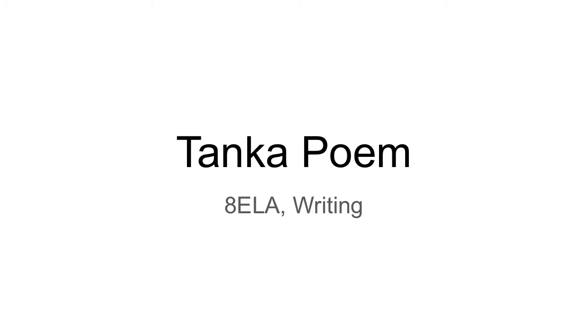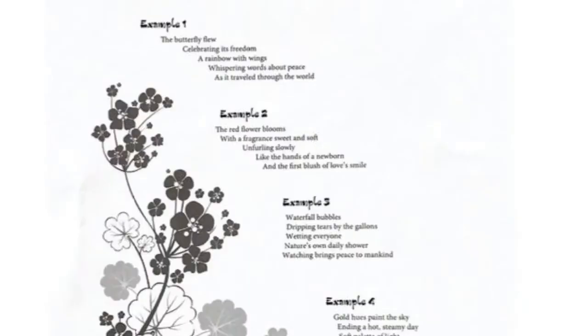All right, eighth grade. We are going to be writing what we call a Tanka poem. Here are four examples of Tanka poems. Example number one: the butterfly flew, celebrating its freedom, a rainbow with wings, whispering words about peace as it traveled